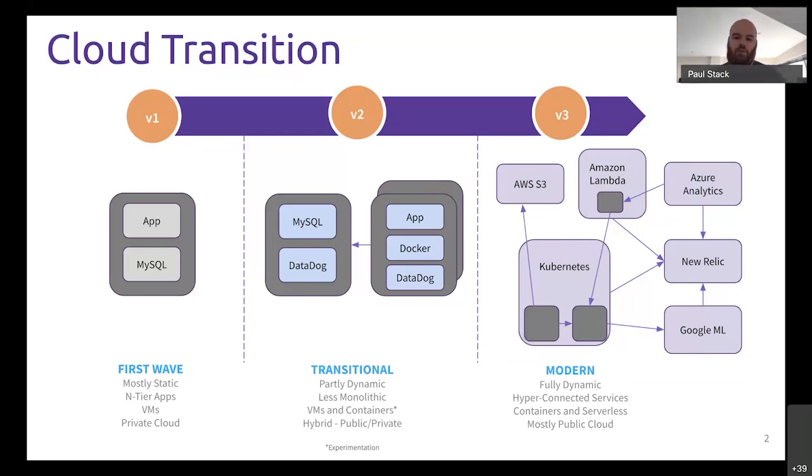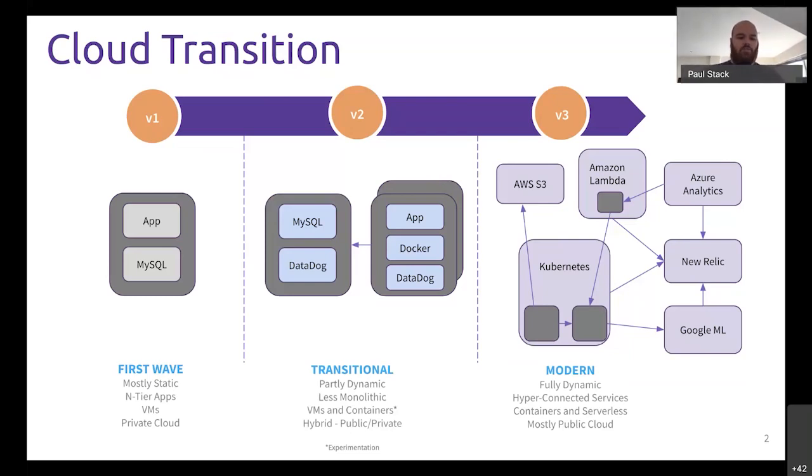And then you have V3 infrastructures. These are what we class as modern infrastructures. You've probably heard the term cloud native or microservices or all these different things. And this is what we mean by the modern infrastructure. So you're probably using a container scheduler, maybe Kubernetes, maybe HashiCorp Nomad. You're taking advantage of maybe serverless. You're taking advantage of hosted monitoring tools that are feeding back into your code, and everything is sort of fully